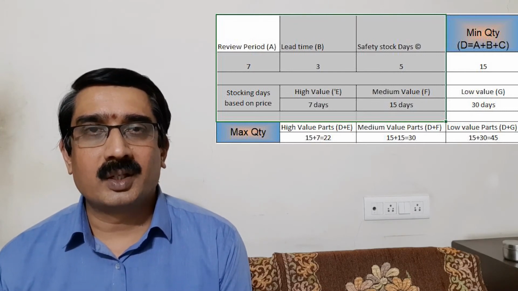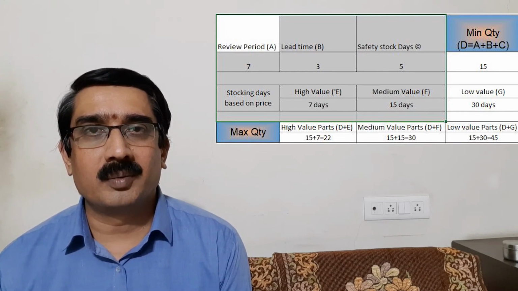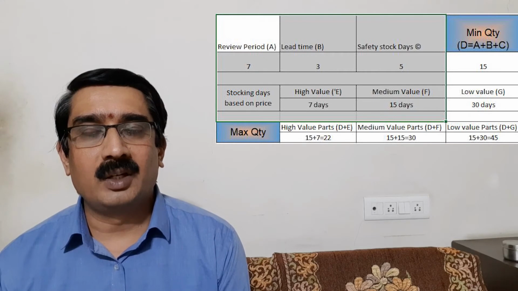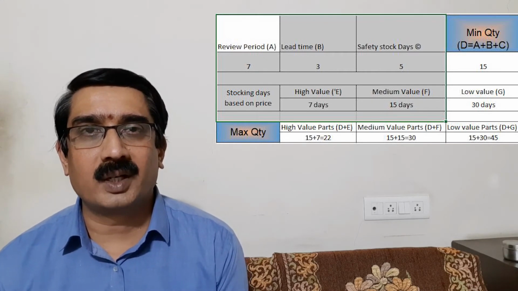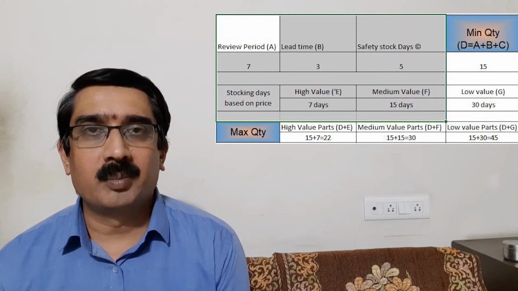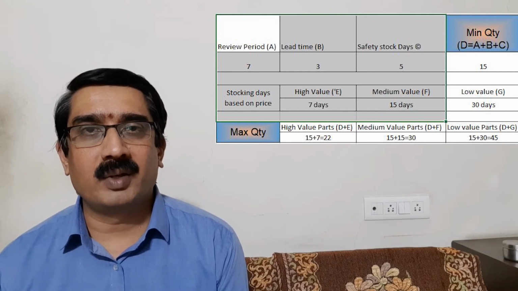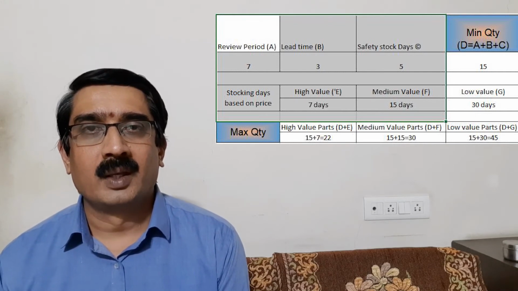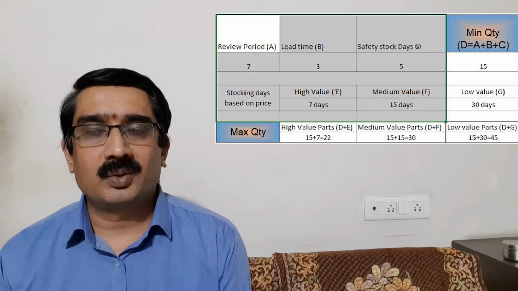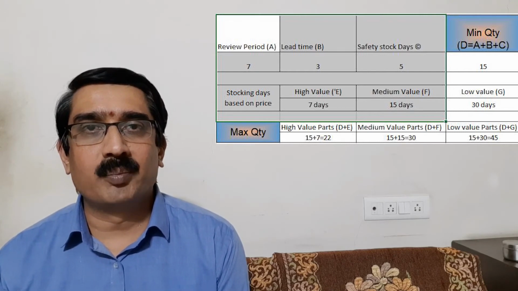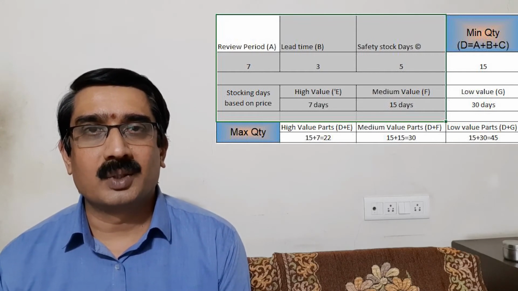So last session we also have seen that the parts are categorized into high value items, medium value items, low value items. What is the value or bracket for considering it as a high value? Again, it depends on the manufacturer too. It may vary from manufacturer to manufacturer. Now, when we know the breakup of inventory, it makes sense for us to optimize it.